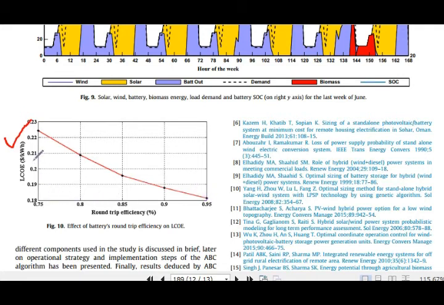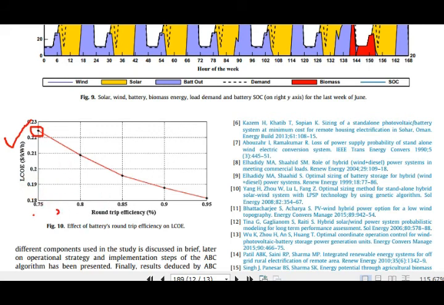If your round trip efficiency is decreasing, the battery is wasting, in this case, 25%. If your round trip efficiency is 0.75, this means that 25% of your energy is lost, so more energy units will be required. As 25% energy is wasted, your LCOE will be almost 0.225. But when your system is 95% efficient, only 5% is wasted, and then your LCOE is almost near 0.18. This plot shows the dependence. We will also plot this one later on.